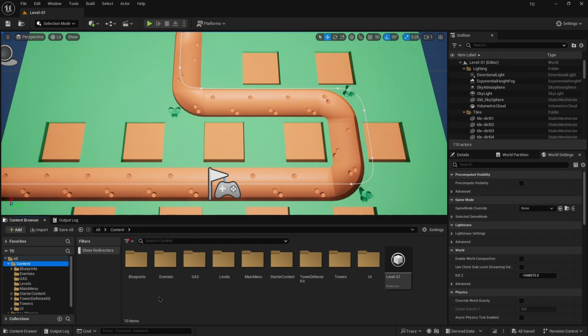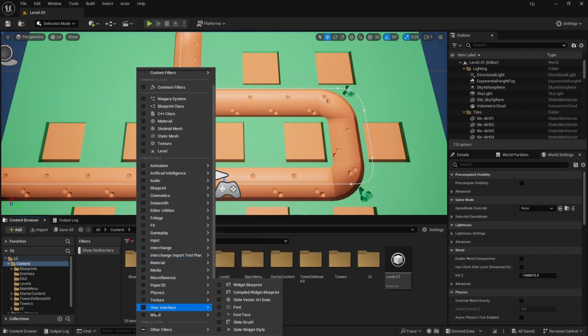It's a bad idea because if you are in a team and you're updating files with other people, that means that all those other people have local repositories of the project. So if you update redirectors on your end, check it in, they may not have an opportunity to check those out before they make changes, and then you can get into a big messy mess. Good source control habits can help with that, but effectively, if you're cleaning up redirectors and you're on a team, you want to make sure the entire team has checked in all their stuff. Then you can clean up the redirectors, check it in, and then everyone checks back out everything, and you should be good to go. So with that rambling done, I'm just going to turn the redirectors back off